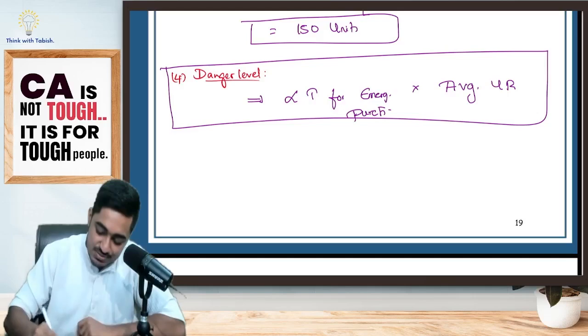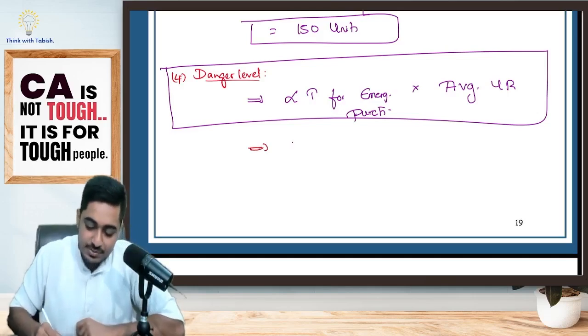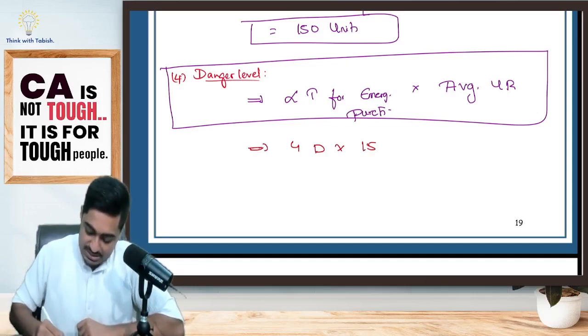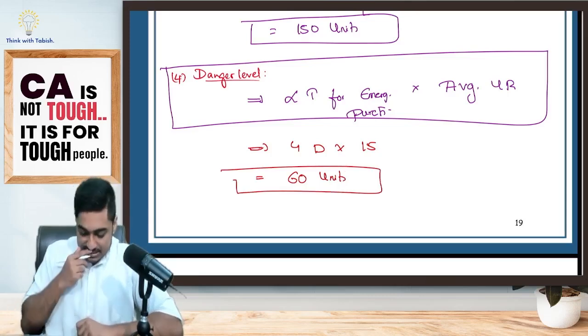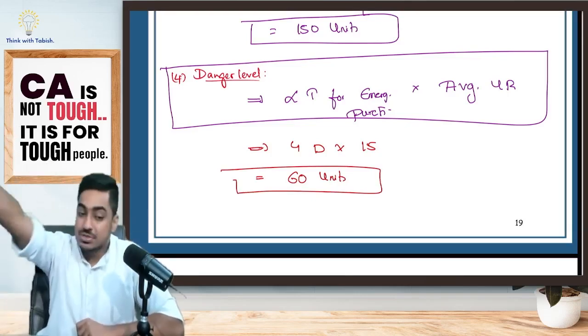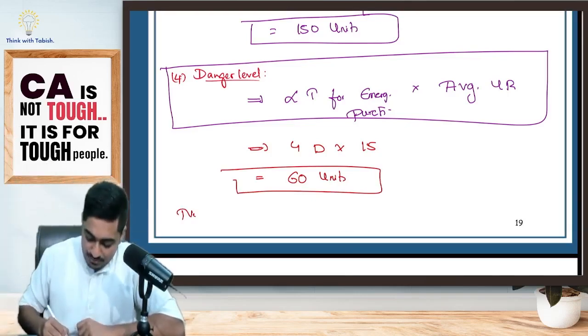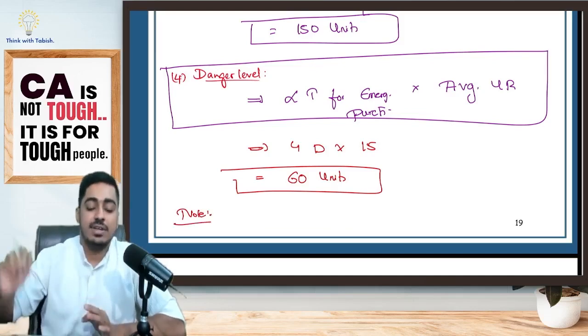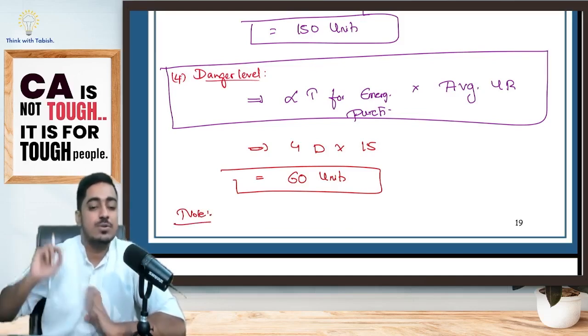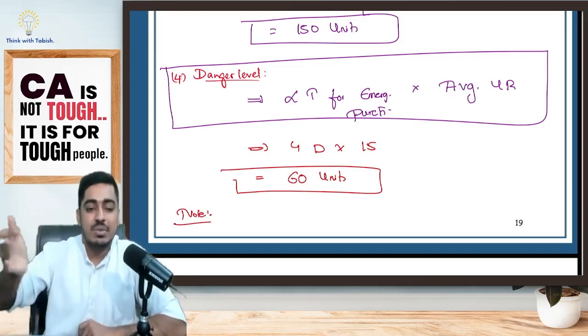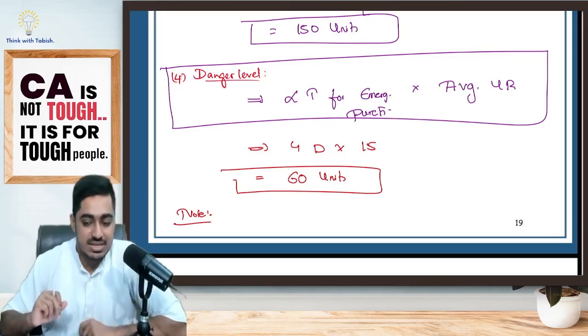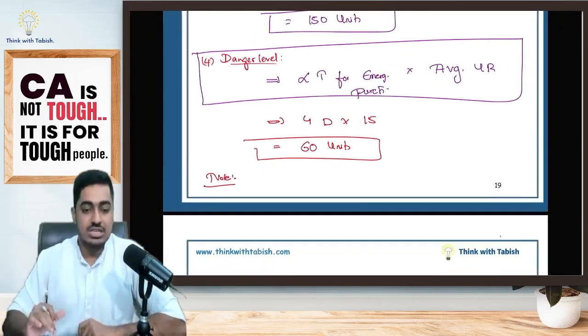Don't worry. So what is lead time for emergency purchase? 4 days into average usage rate of 15 units per day. So it is going to be 60 units. Yes or no, everyone? ICAI has the same answer. If you want, you can give a note that, ideally, it was minimum only, and alternatively, instead of average usage rate, we can use minimum usage rate also. So that your conscience is happy, ICAI is happy, and you are getting marks. Is this clear, everyone? The question is over.